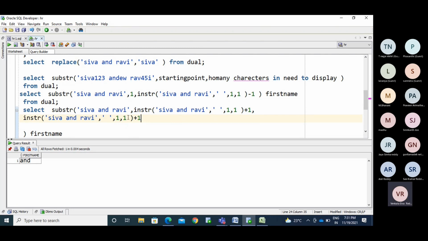Okay, now I need to find out the second position. So make it a minus 1. Now you will get the C. Now you will get the second position.